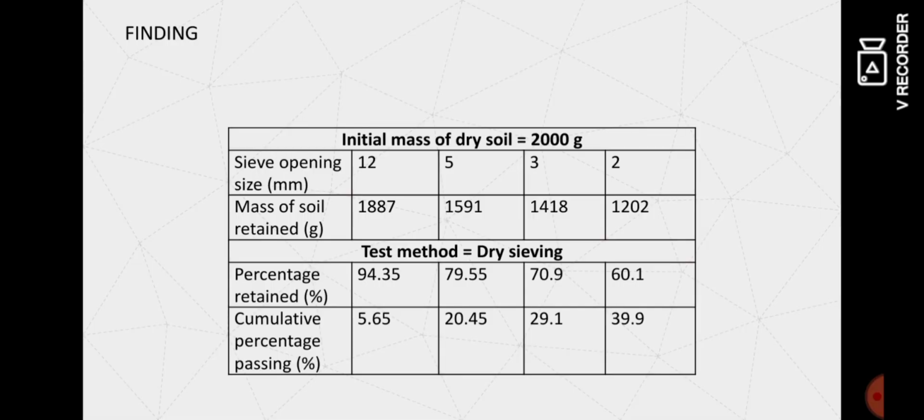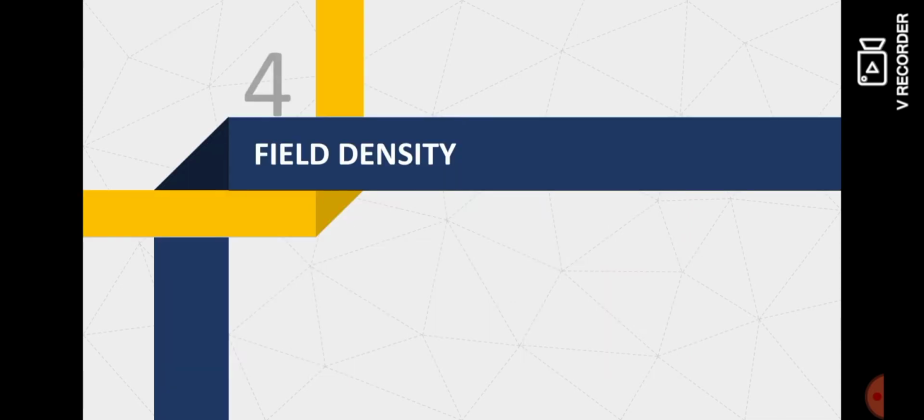Finding of this experiment: I use the 12 millimeter sieve, and the cumulative percentage passing I got is 5.65. For the 5 millimeter sieve opening size, I got 20.45. For the 3 millimeter size, I got 29.1. For the 2 millimeter sieve opening size, I got